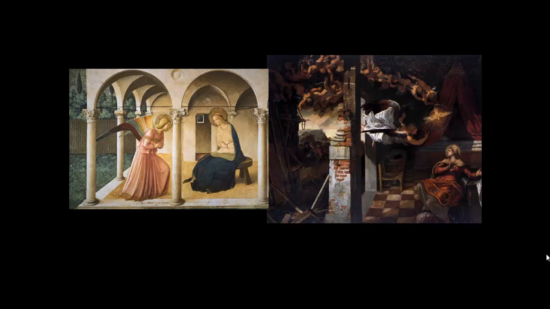Fra Angelico's is very still with only these two figures in this almost cold architectural setting, whereas Tintoretto's is dramatically different with the rushing of angels. You get a very good sense of the movement of this burst of activity that's taking place inside the bedroom of the Virgin Mary, this very stark contrast of a space compared with the outside world. So just some things to be thinking about when we're looking at important Renaissance paintings that are separated pretty considerably